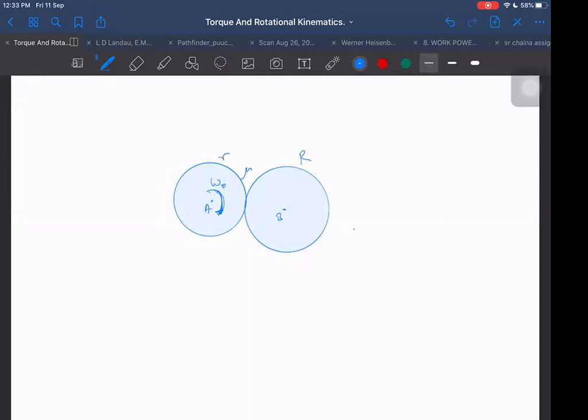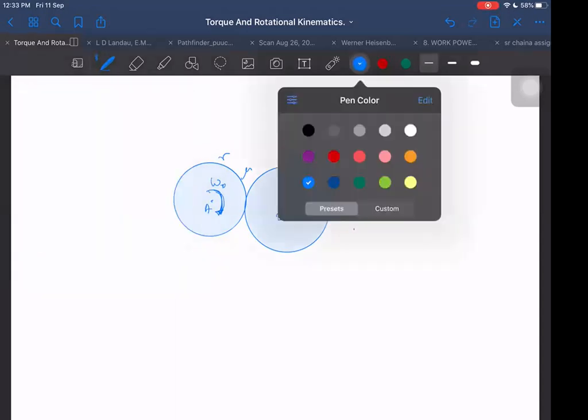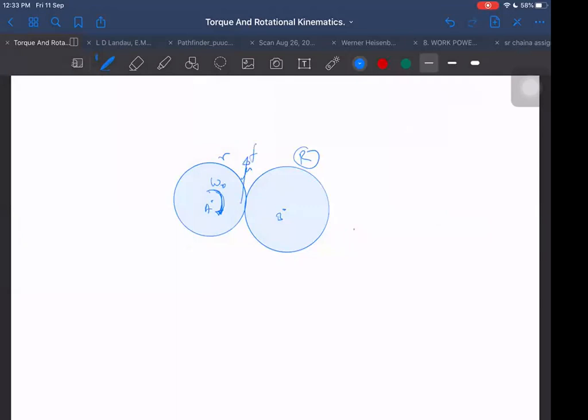So what happens is after some time, this will also start gaining some omega. What will be the omega obtained by disk B, which is rotating about axis B? We can do it in this way: friction acting on the left side of the disk here will be upwards, F upwards, and its reaction will be downwards, F downwards. So what will be the angular acceleration? Its angular acceleration will be backwards, let us call it alpha 1. And for this, its angular acceleration will be forward, let us call it alpha 2.